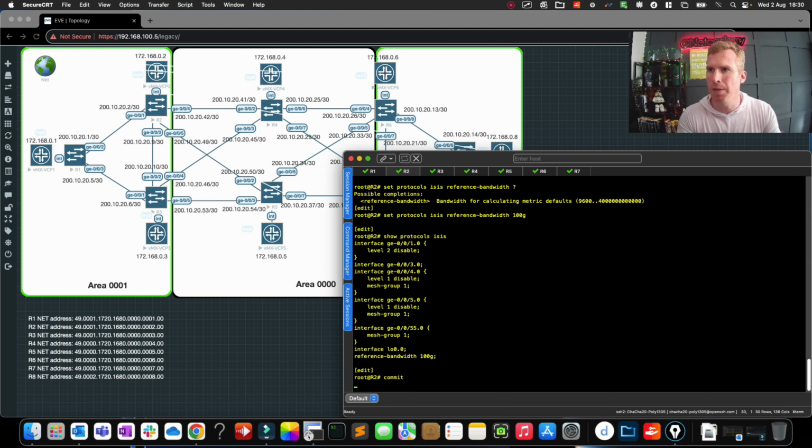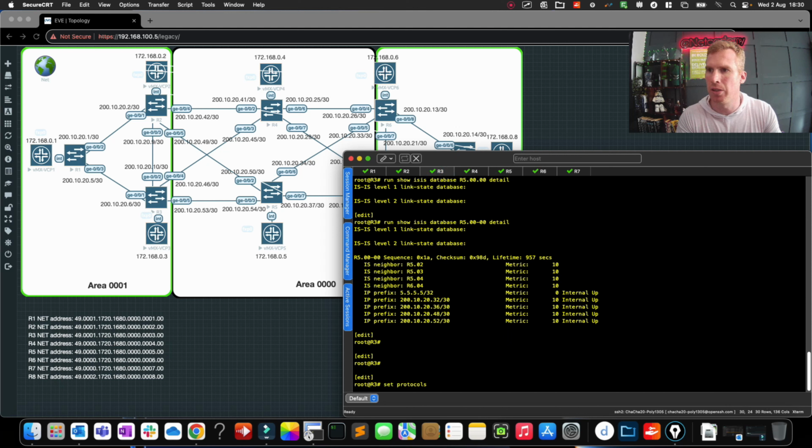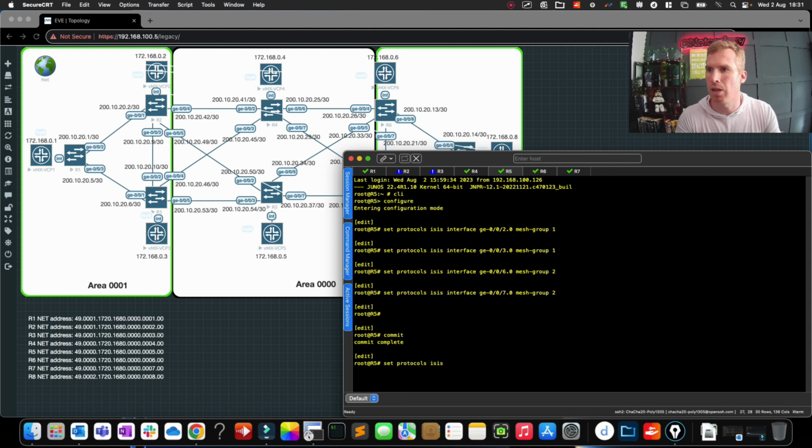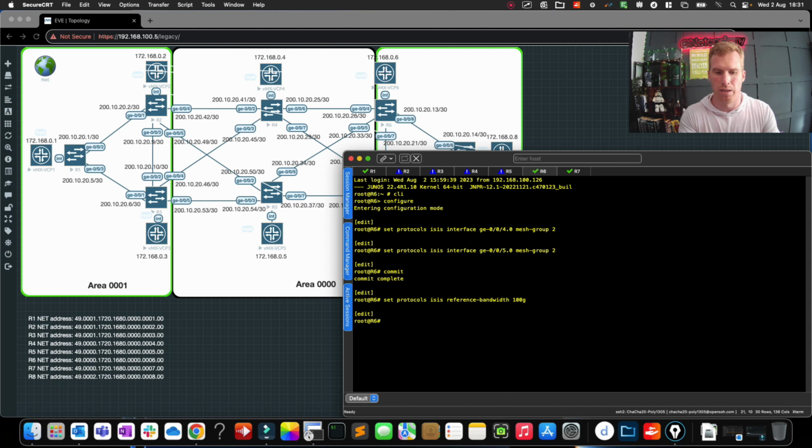But let's do a commit here. Let's go into router R3, do the same command, and commit on R3. On R4, set protocols ISIS reference-bandwidth 100 gig. Commit. R5, set protocols ISIS reference-bandwidth 100 gig. Commit. R6, same command. Commit. And finally on R7, set protocols ISIS reference-bandwidth 100 gig. Commit. And that is R7 configured. That's all the routers configured. I've even done R8 very quickly, but that's how easy and quick it is to change that